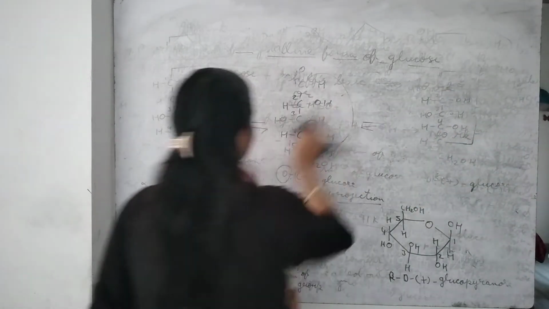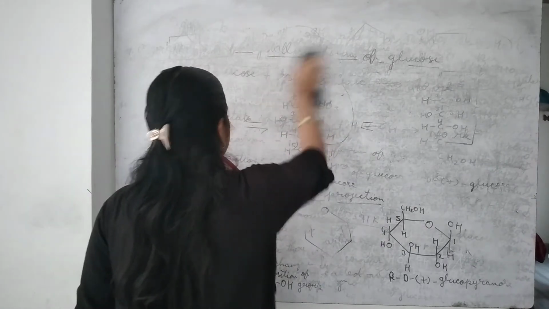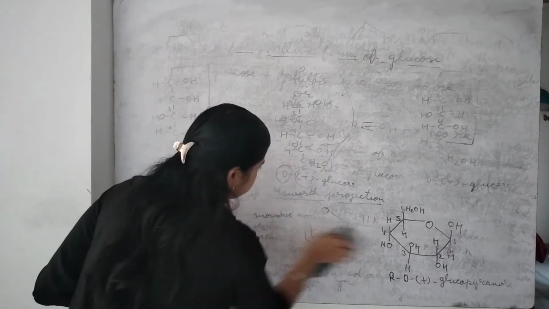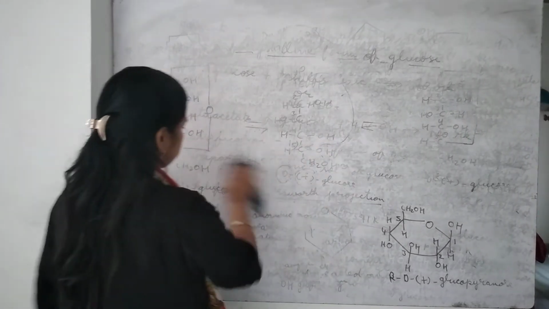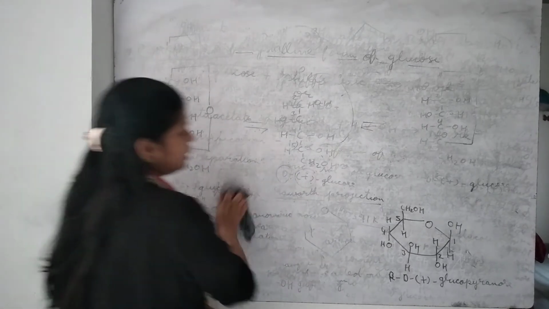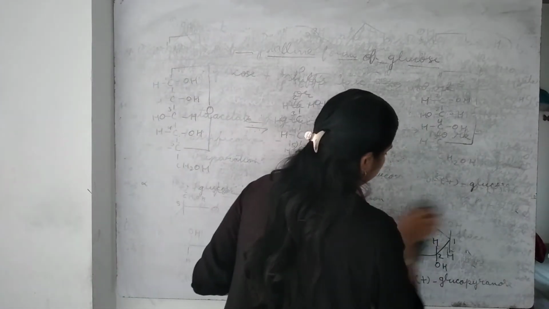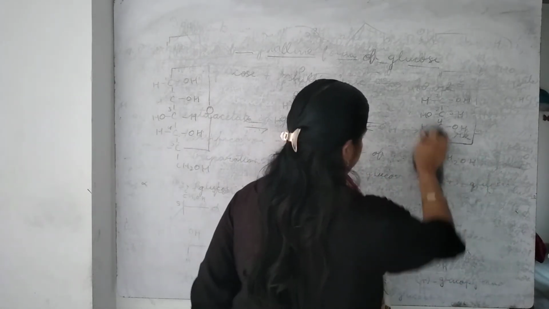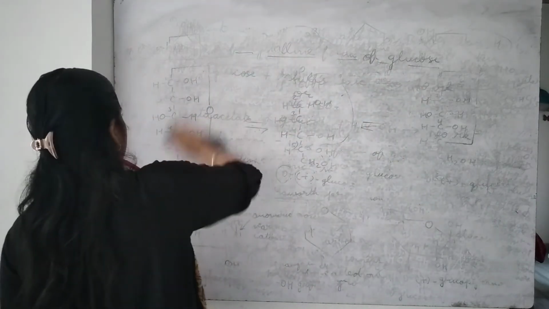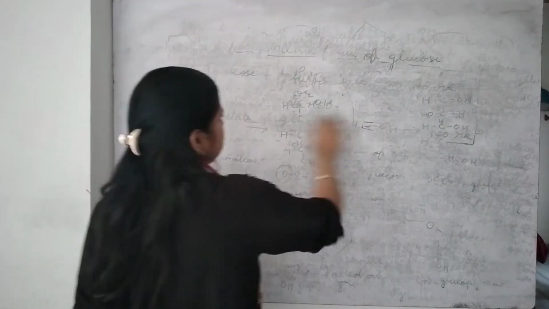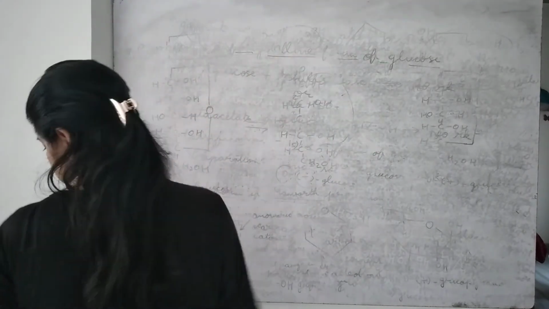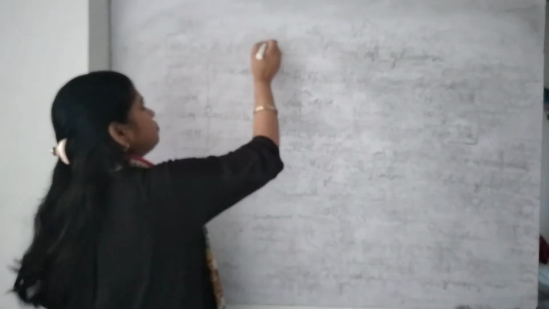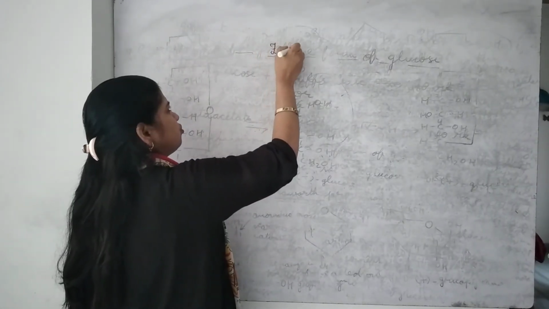It's very easy. Only one difference is there. In case of fructose, there is ketonic group in place of aldehydic group. So main functional group will be at second carbon atom. Only one difference is there, and that is laevorotatory. That also belongs to D series, but that is laevorotatory. So now I am going to discuss about fructose.